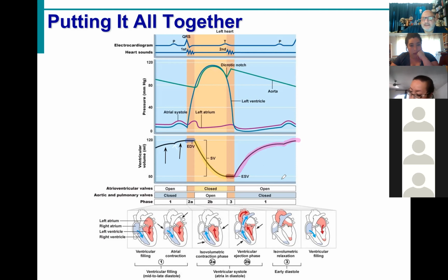So we can see, again, all those changes or lack of changes in volume when we hit the 2 isovolumetric periods that are taking place. Notice that also shows us that our end diastolic volume is the highest volume of blood that you'll have in the ventricle. The end systolic volume is the lowest volume of blood that you'll have in the ventricle. So notice when we're talking about the left ventricle here,